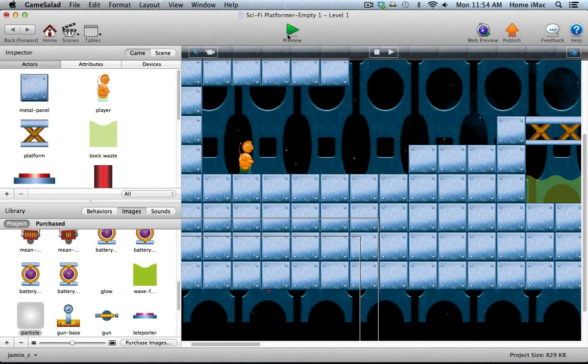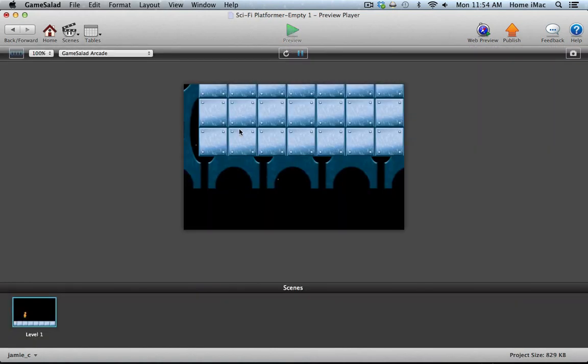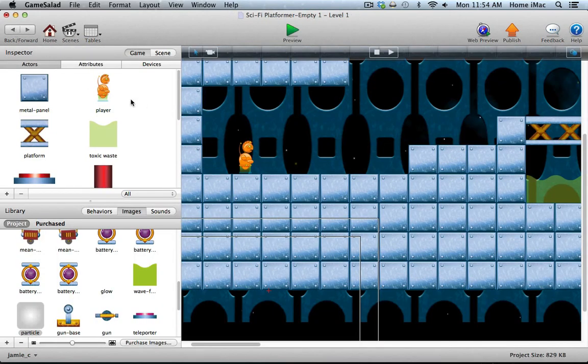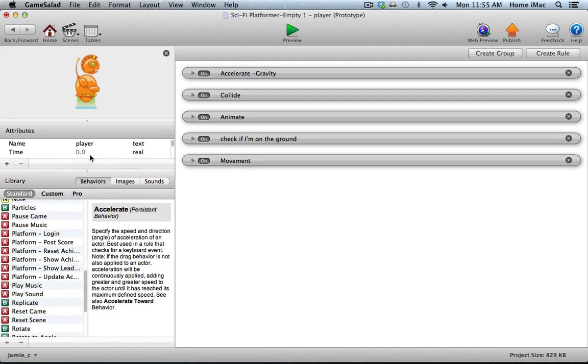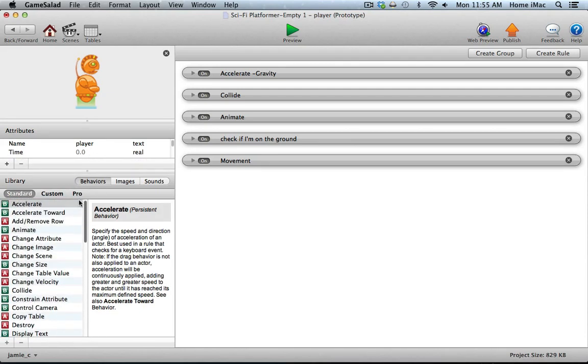If I were to preview this right now, in fact, let's preview that. You'll see it doesn't look like it's working right. And it is, it just doesn't look like it is. And I'll tell you that we have to make one change to the player to get this working just right. In the player, we want to double click him. We need to add a new behavior. And the behavior we need to add